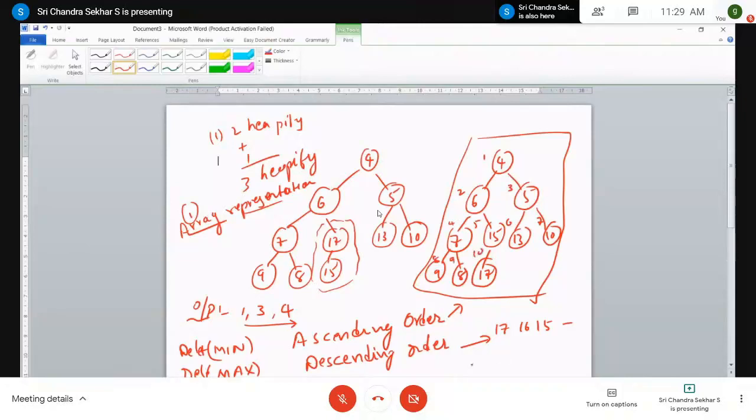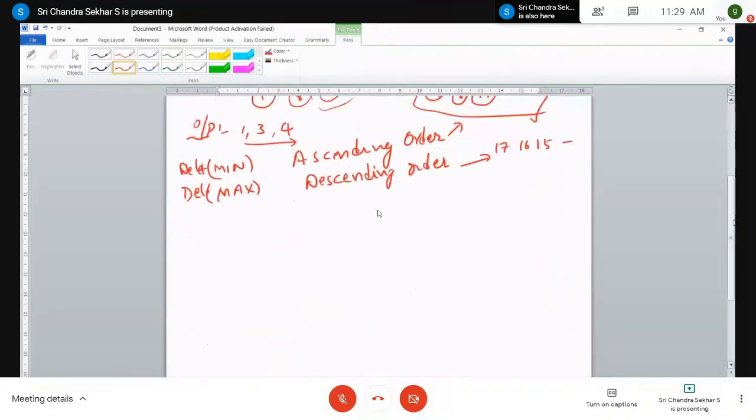Therefore for representation purpose, you have to take an array of some size, and I'll tell what is the size of that. We have a formula, right? So what is the first element?